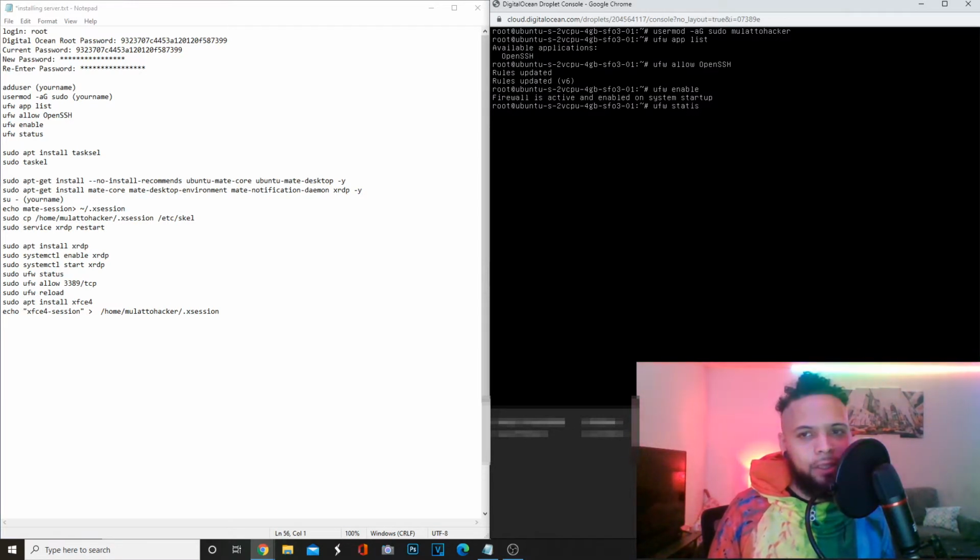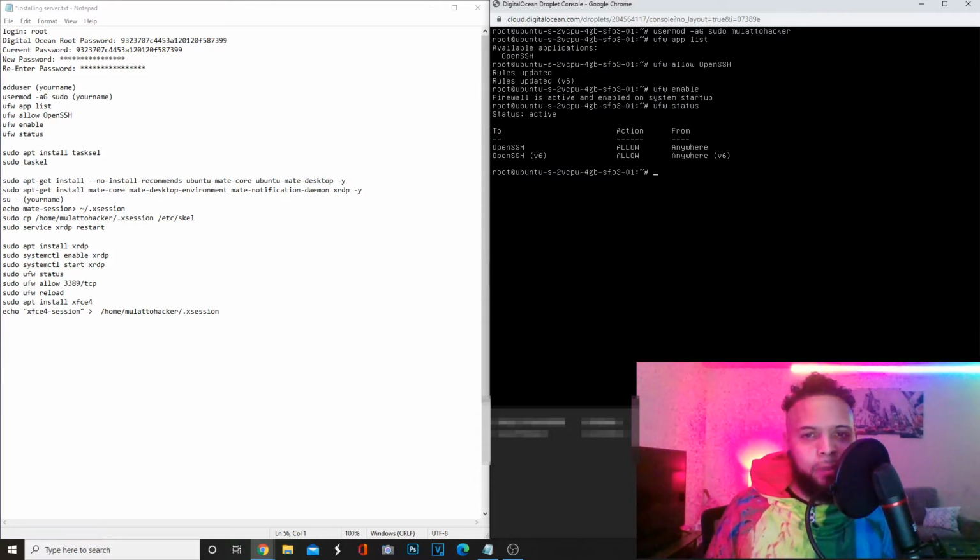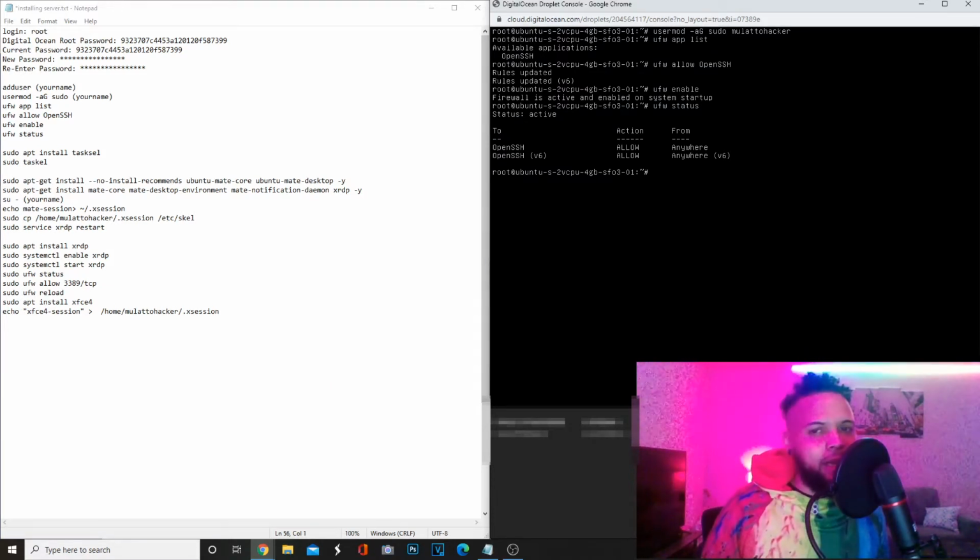And then we're going to do a ufw status, so we can check the status and make sure everything's active. So it's active, OpenSSH is allowed anywhere. That's what we want. Now I'm going to show you two